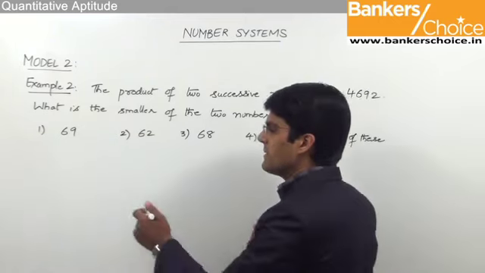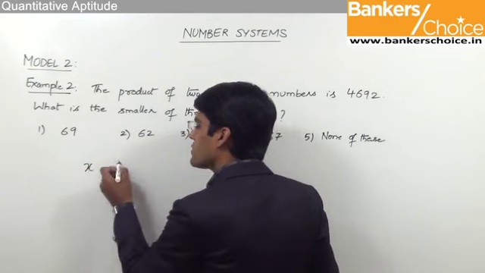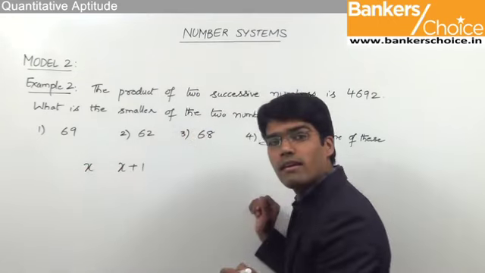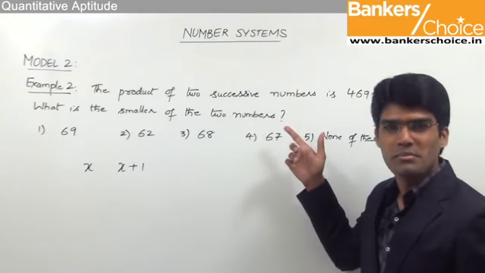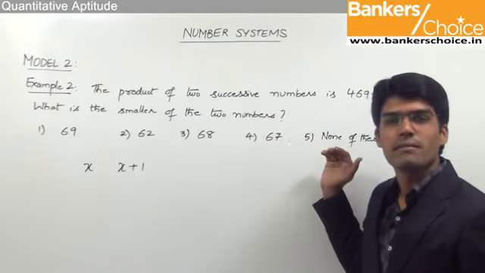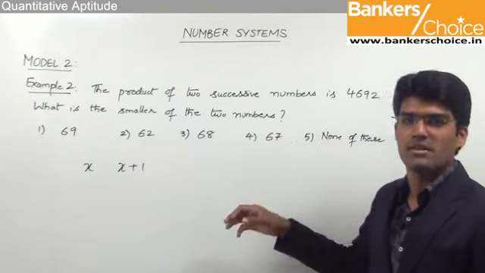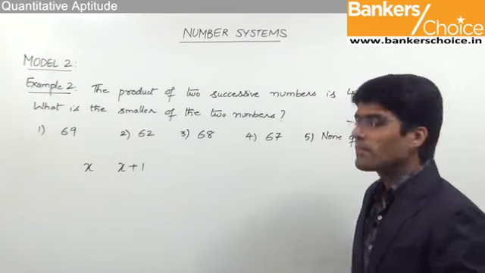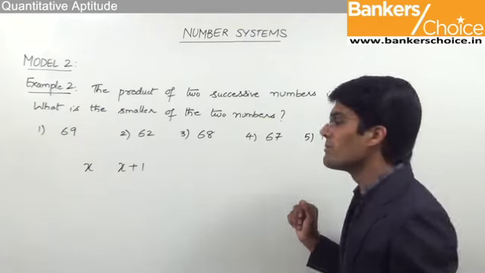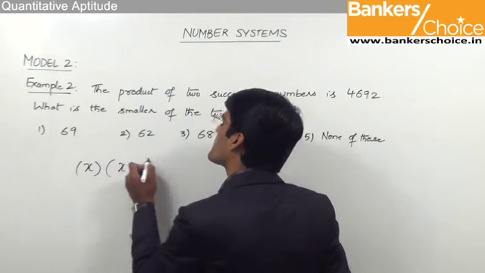Now going by the concept, we know that the 2 successive numbers should be x and x plus 1. Remember, here it is not specified that they are consecutive even numbers or odd numbers. Simply it says successive numbers, so it should be taken as successive natural numbers. If the first number is x, the second number would be x plus 1. And as given in the question, the product of these 2 numbers, that means x into x plus 1,